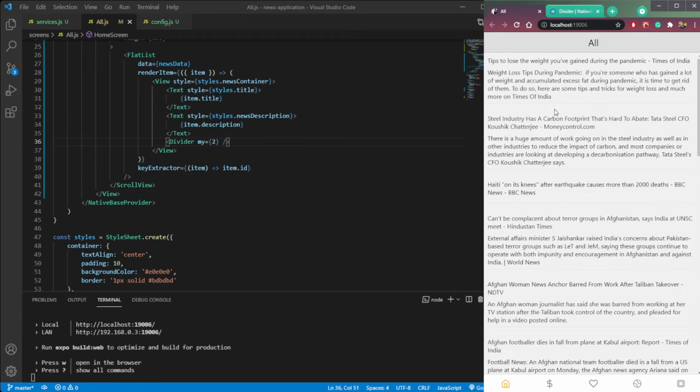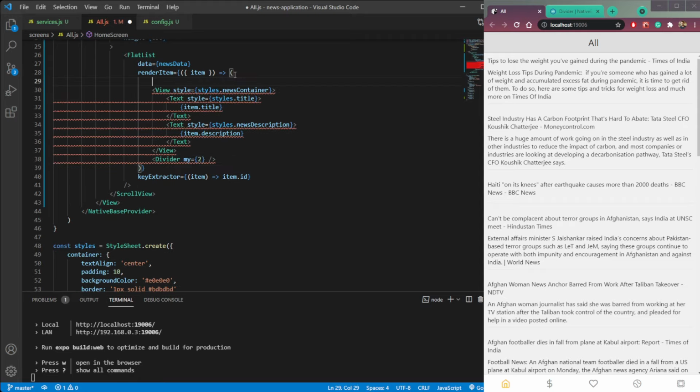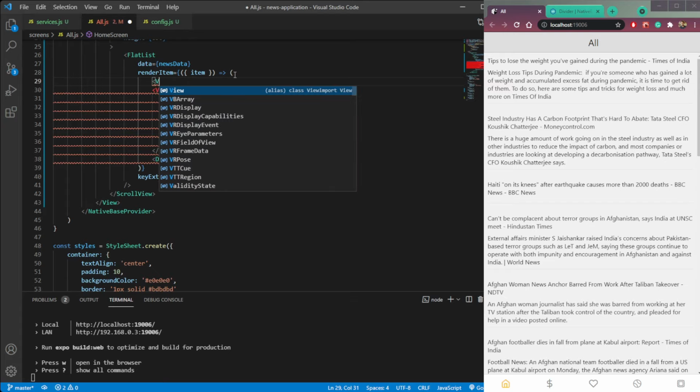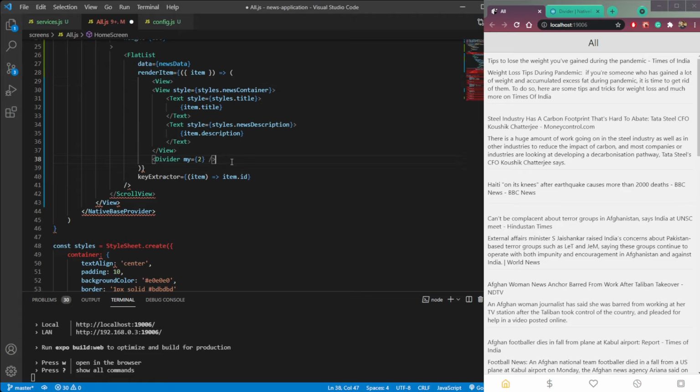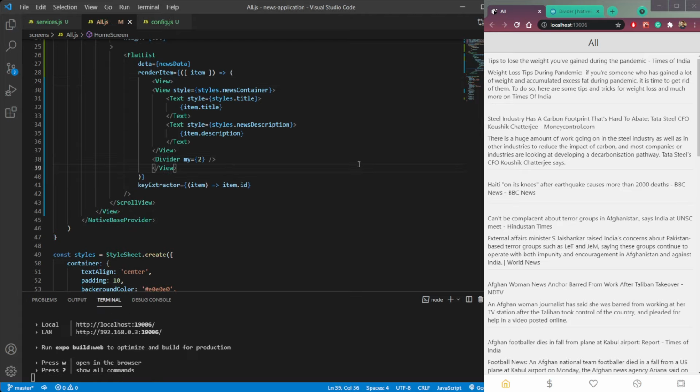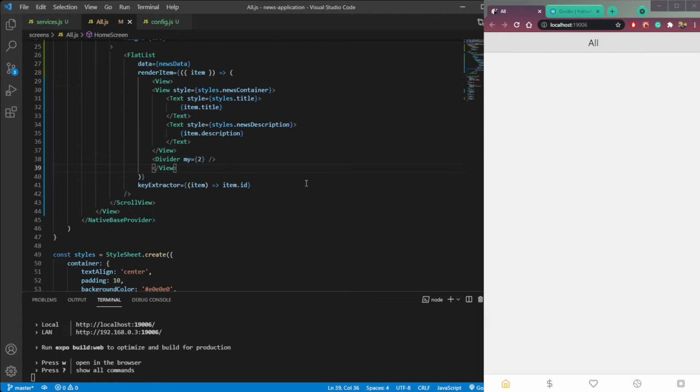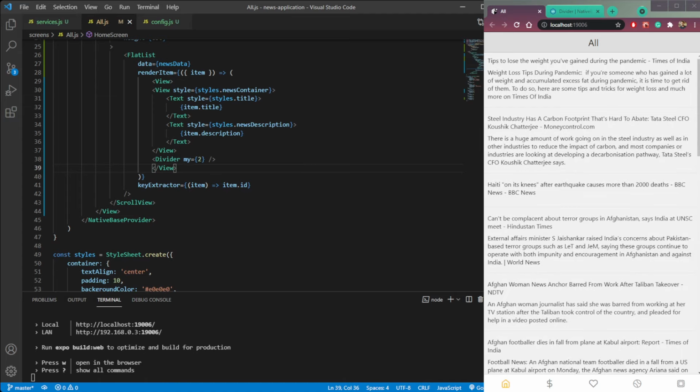Now you see we have a divider here, or what we can do is just paste it after the view and wrap this whole in a second view. Now let's check.